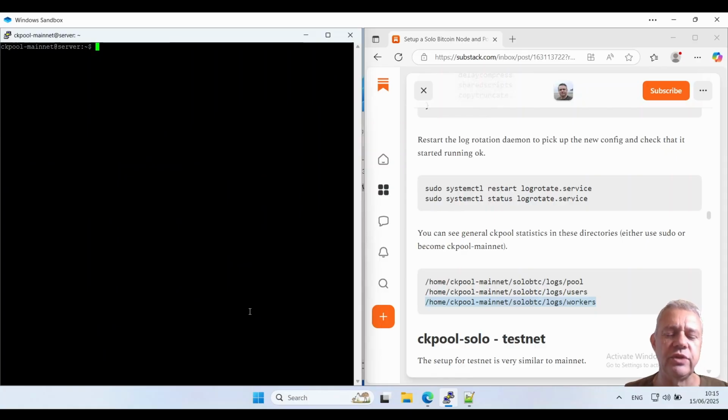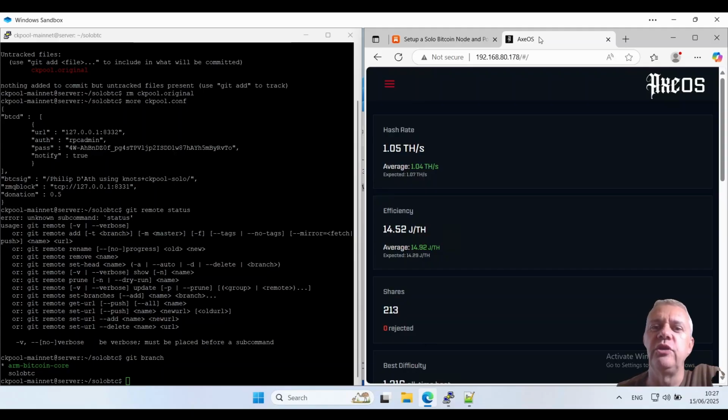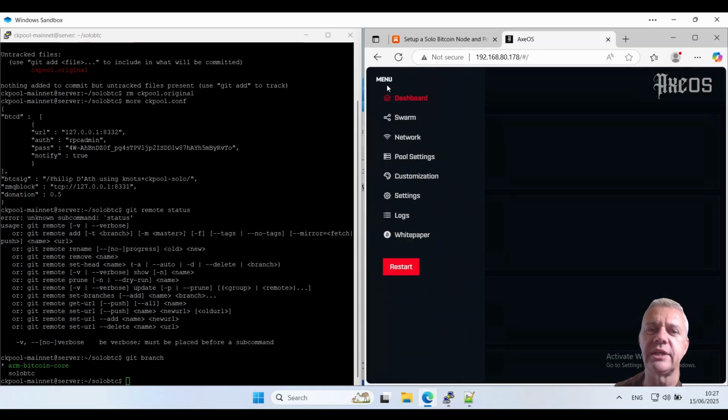It's not essential that you do testnet. That's only if you want to be able to prove that it works, or be able to test the code before you deploy it. Actually, before we move on, you're probably keen to try this out if you've got it to this stage. So if you jump into your Bitaxe and come down to pool settings,